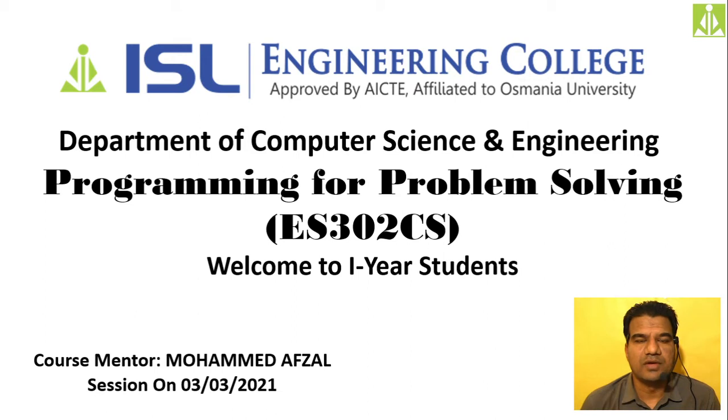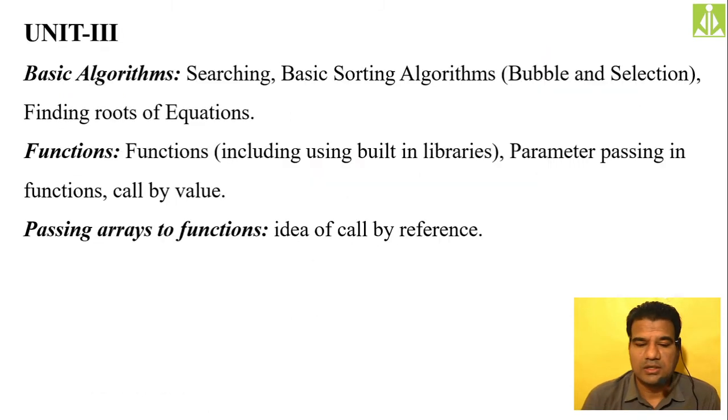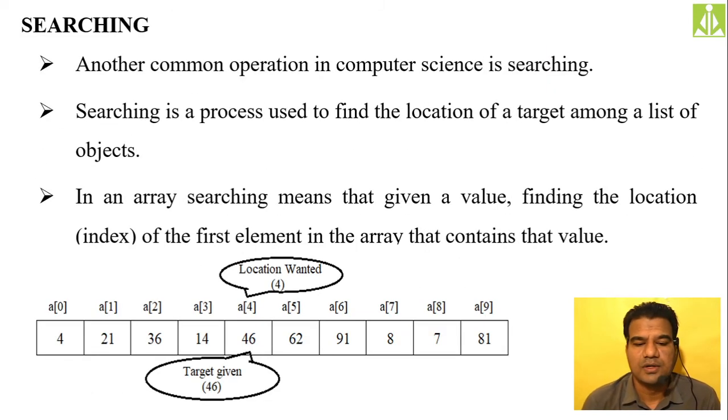In our previous session, we started the basic algorithm concept, and in that we defined searching. We said searching is one of the common operations that we perform in computer science, and it is a process in which we find a particular target value in the given list, and after performing a successful search we'll return the index value of that searched location. So let us assume that you are searching for 46, as this following figure will list that operation over here.